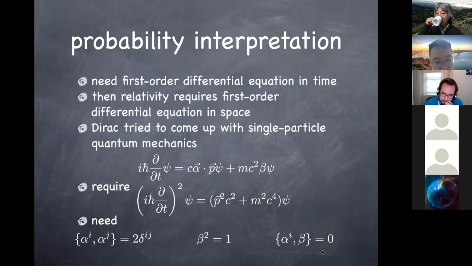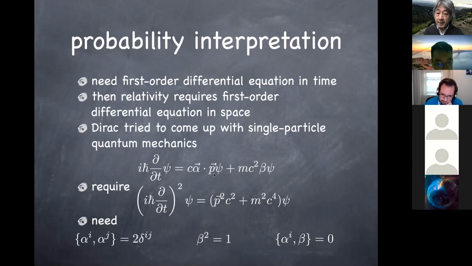I just missed the explanation for the anti-commutation relation for the alpha. Could you just quickly describe that again? So what we need is that c alpha dot p squared would simplify to p squared c squared, and that's a requirement, right? And so what you would worry is that if there is an off-diagonal cross term of p_i and p_j, when i and j are different indices, then it doesn't reproduce this p squared. So somehow the cross term needs to vanish.